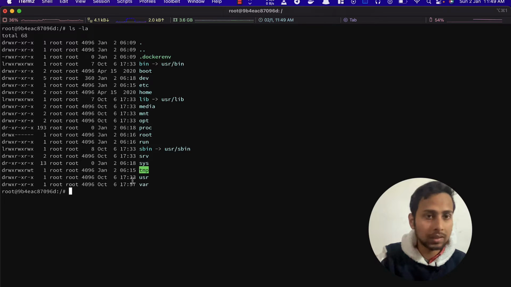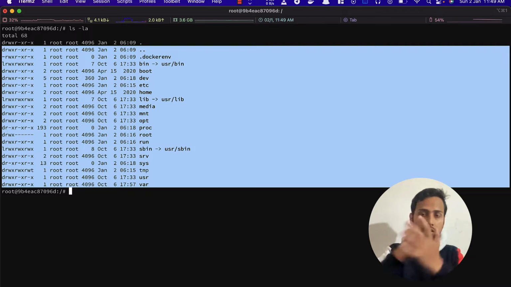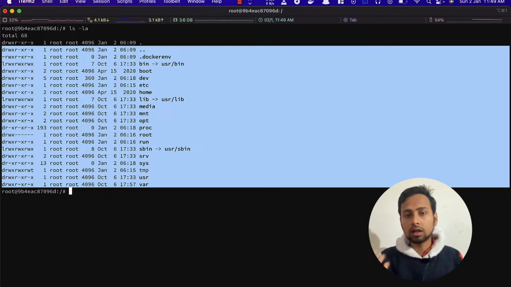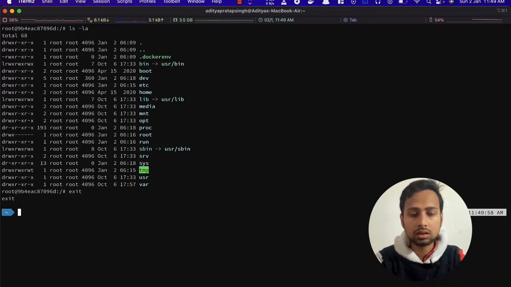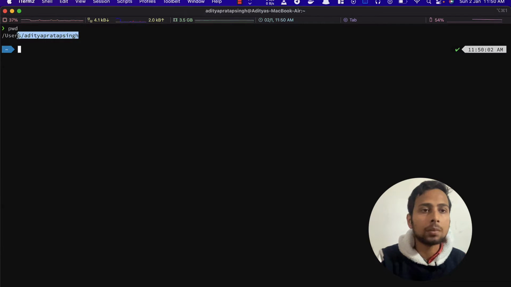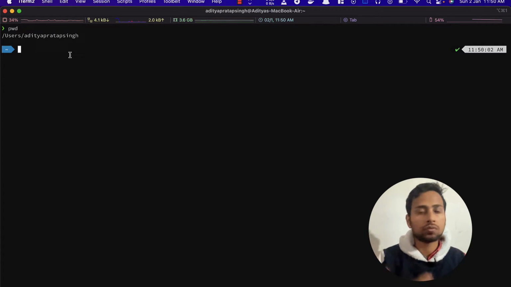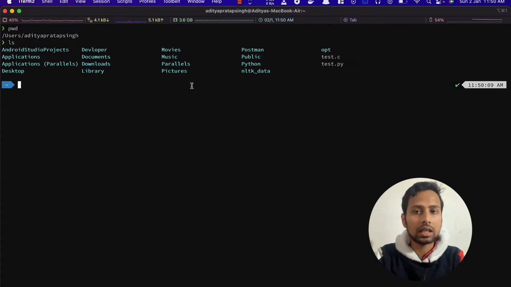We cannot simply access anything outside this container. Containers are simply boxes that are locked. You cannot access things like our internal files. So if you are doing this with your project, let us see how you can connect with our local storage. First of all, I will exit out of it, clear it, and do print working directory. Here you can see I am in my main directory, so from here I can access anything. If I do ls, you can see all the files that I have.